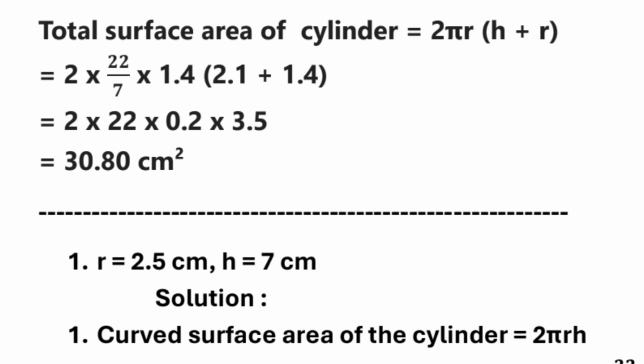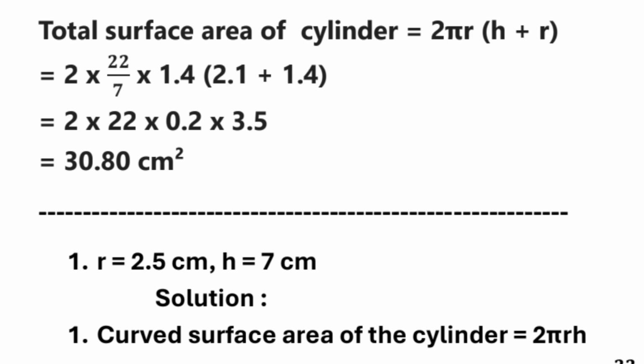Therefore, we get here 2, then the value of pi, 22 upon 7, means 2 into 22 upon 7 into the value of r 1.4, then bracket, the value of h 2.1 plus the value of r